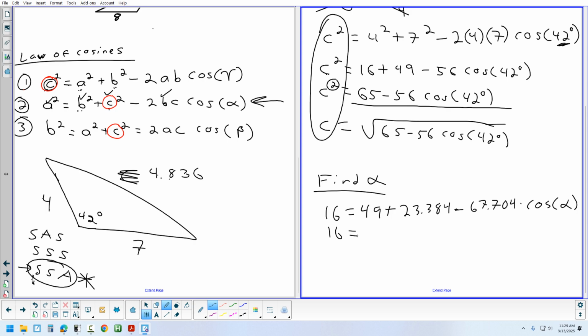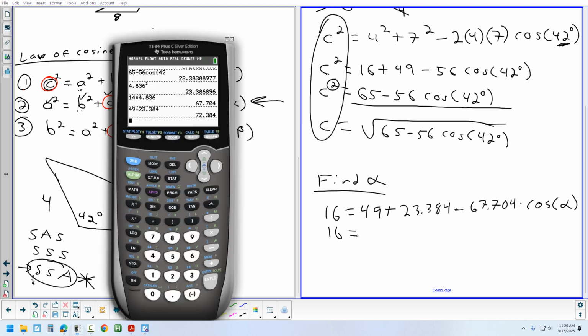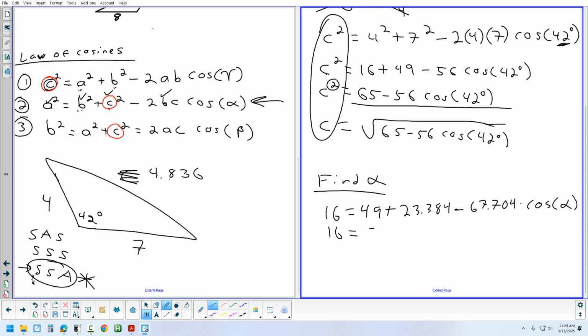Where did the 14 come from? It's 2 times b. That was 2 times b times c, and b was 7. So 2 times 7 is where the 14 came from. Okay, so we added 49 and 23.384, and we got 72.384